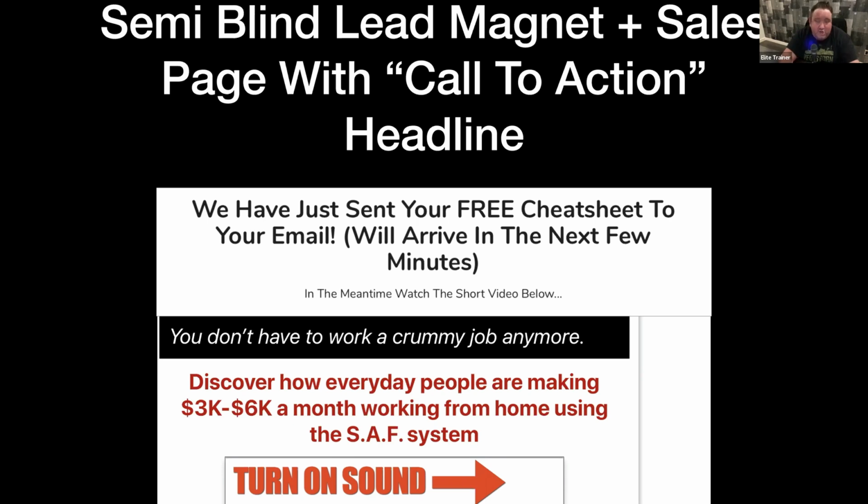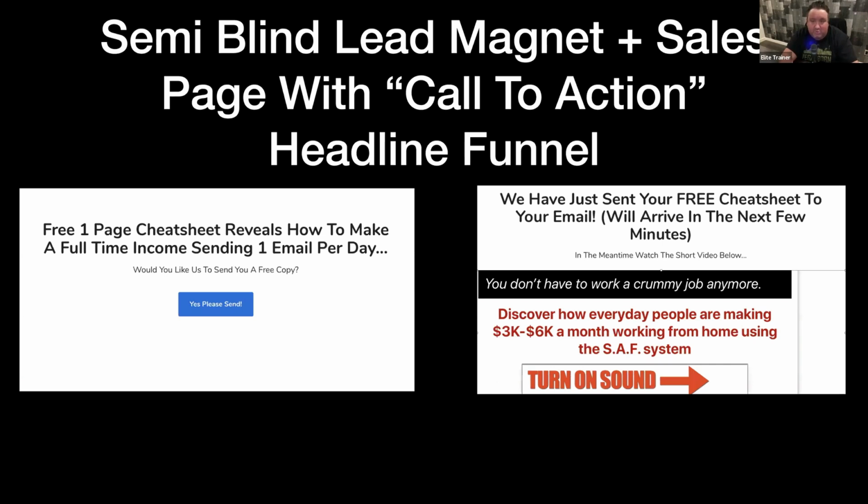We're not just like, check your inbox. They opted in for a cheat sheet. We're saying, hey, look, we're sending you the cheat sheet, but it's on the way. That's what this looks like, right? There's more congruence. There's more transparency in that, like specifically we said we're going to give them this thing. And now we're saying, hey, look, the thing's on the way. In the meantime, check out this video, which for some of you, this might be the right approach,